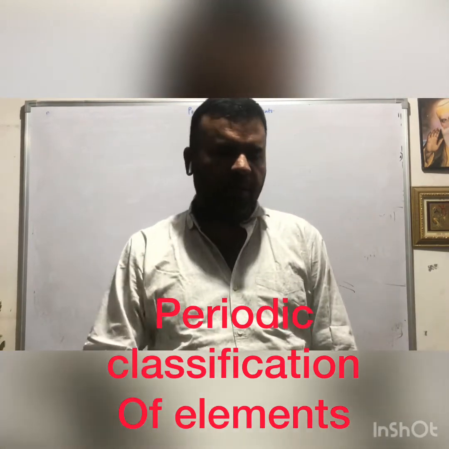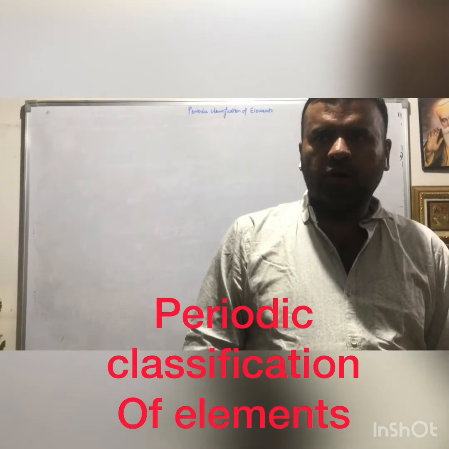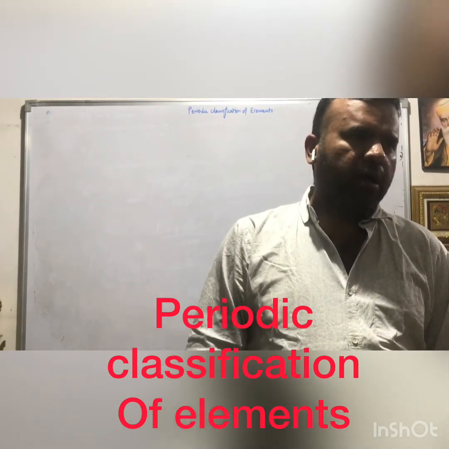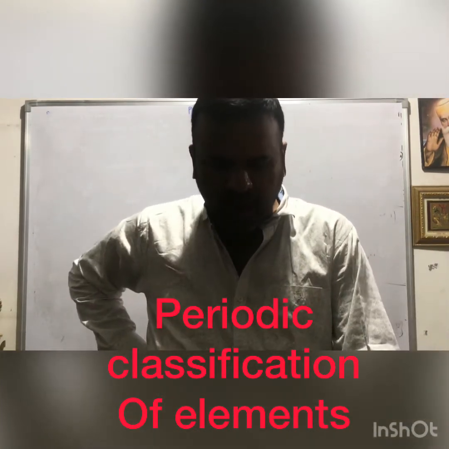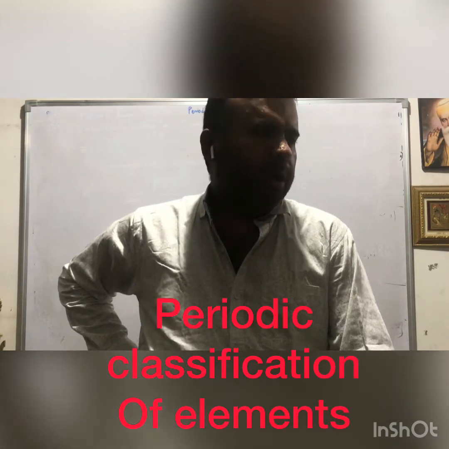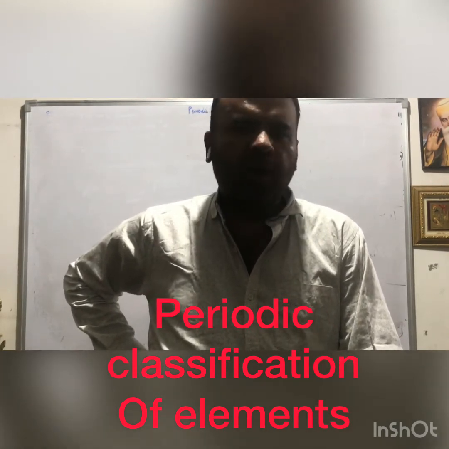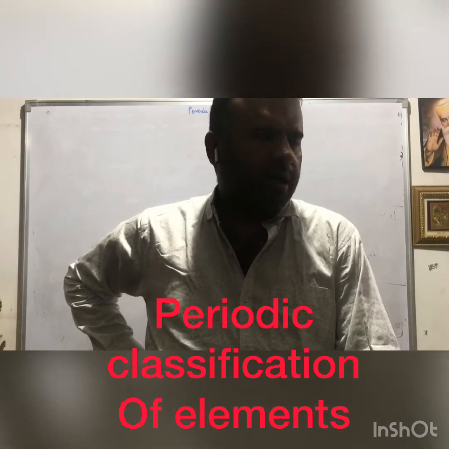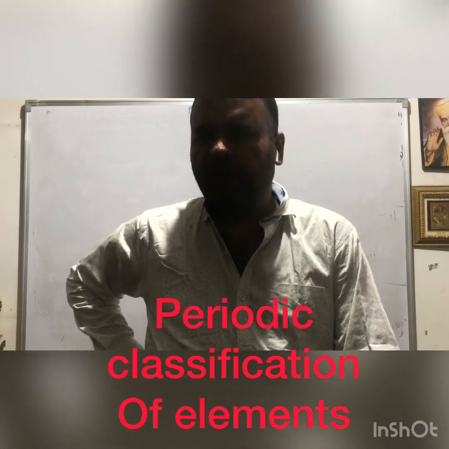Suppose you are there in the year 1800, nearly 220 years back from today. Hardly some of the elements were known at that time. And what is the need of making a periodic table? That's the first question which comes to our mind. The need of making a periodic table is so that we can study chemistry systematically and easily, right? That's why we have made groups and periods.